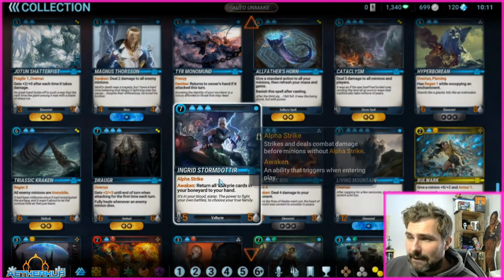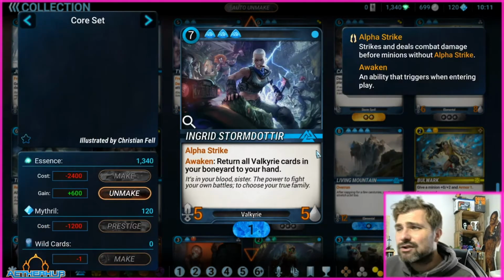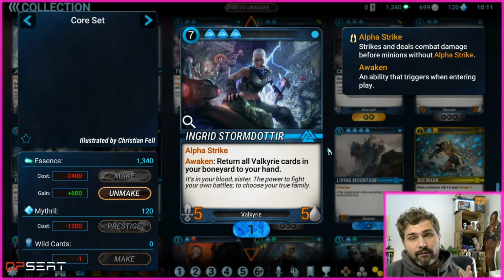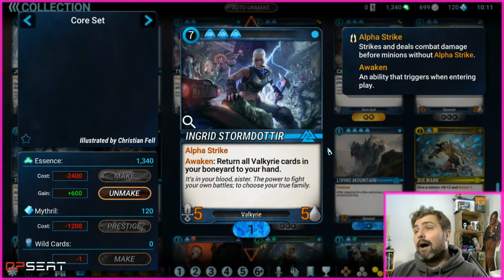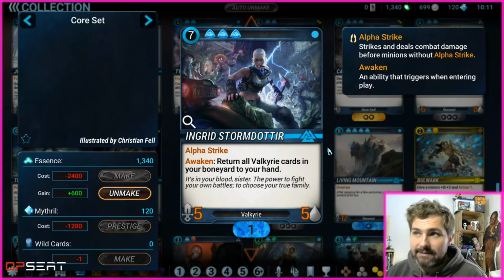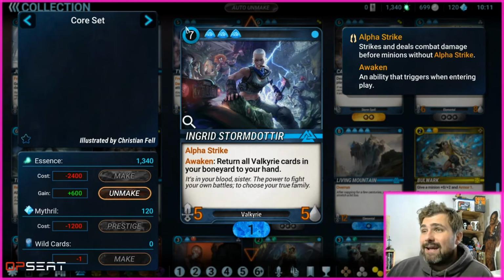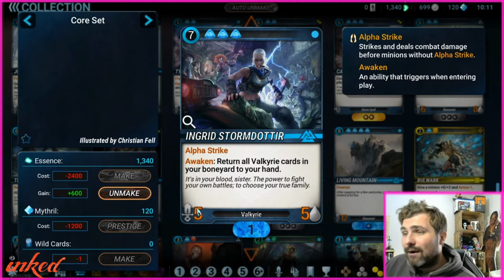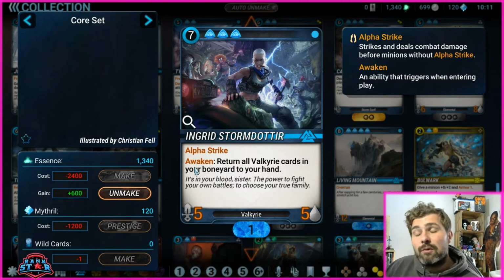2 more cards we're going to look at. Ingrid Storm Dottier. Now this card is one some people include in Valkyrie list, some people don't include in Valkyrie list. I would say definitely include her in Valkyrie list. Now she is expensive. She is 7 mana, 3 blue gems. So that is pricey, I will give you that. But she has Alpha Strike, meaning if they have 5 or less health, she takes no damage. Her big thing here, though, is when you play her,